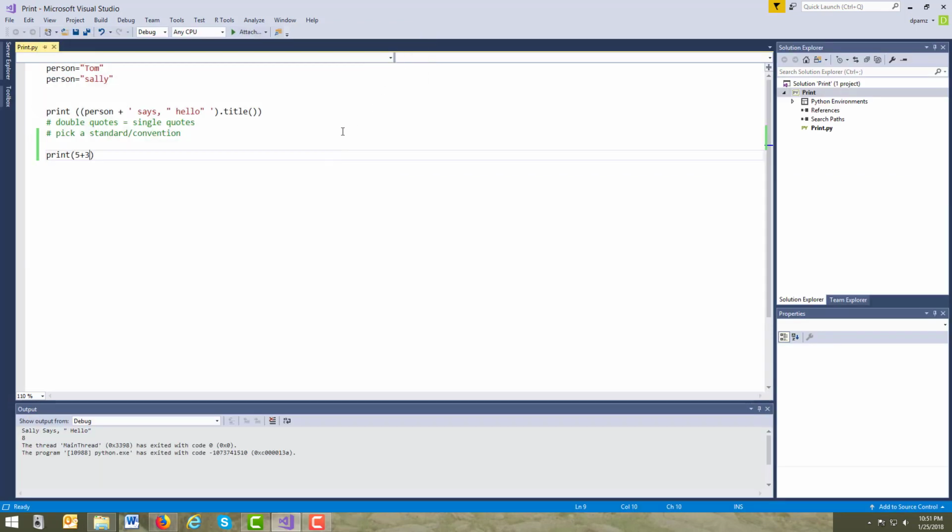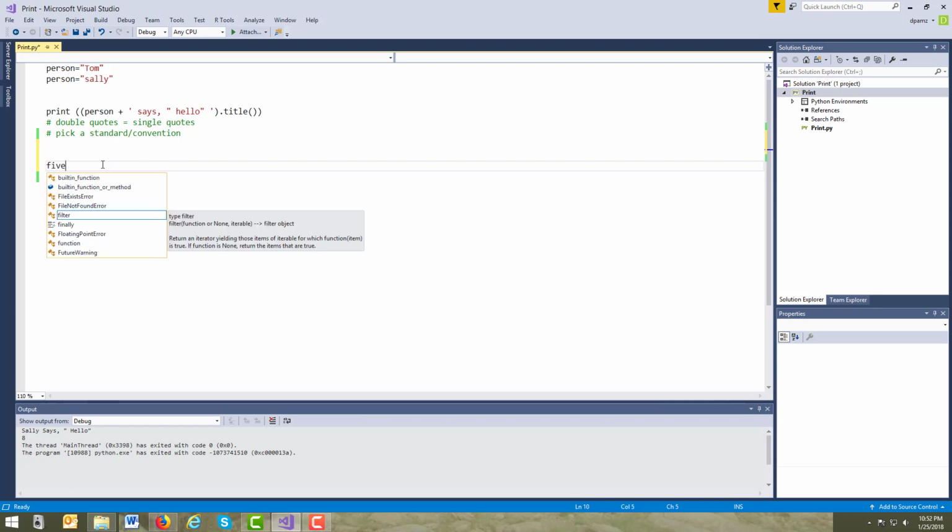Like essentially a 5 variable equaling 5 and a 3 variable equaling 3. Now we've gotten rid of the concatenation and replaced it with good old-fashioned addition. So the plus sign up here is doing a different thing than the plus sign down here. But likewise, as we did up there, we could say,